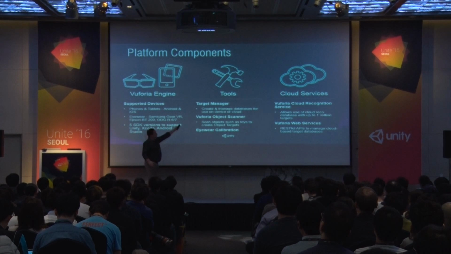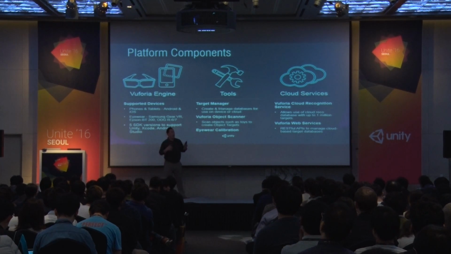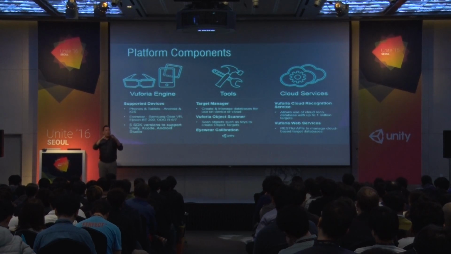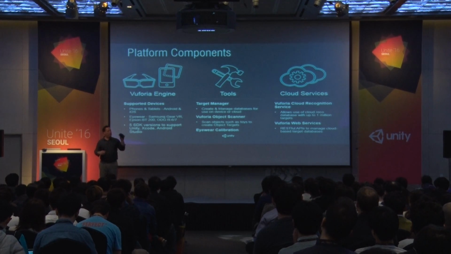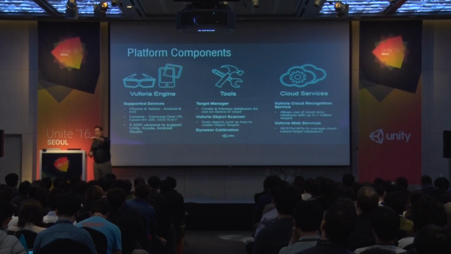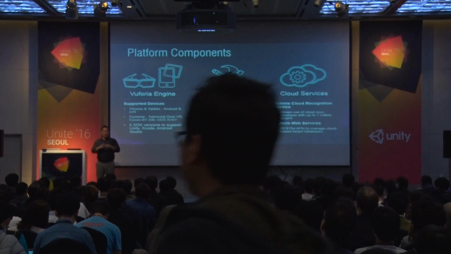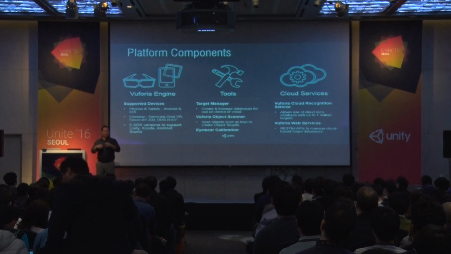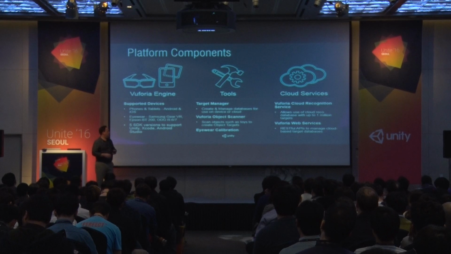The Vuforia Object Scanner is used with our object recognition technology. This, again, is the one that's capable of detecting three-dimensional objects. And it's an app that sits on your phone that you do a 3D capture process. And this enables you to create almost like a point cloud of the features of the object, and then you can use those as a target.